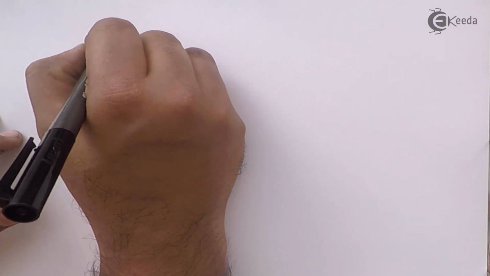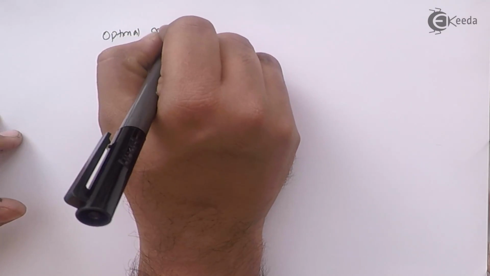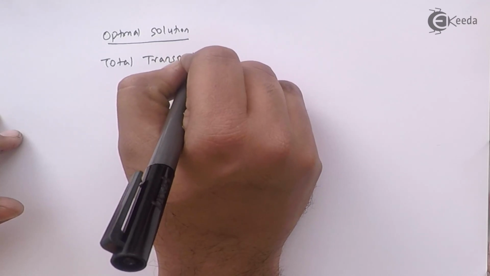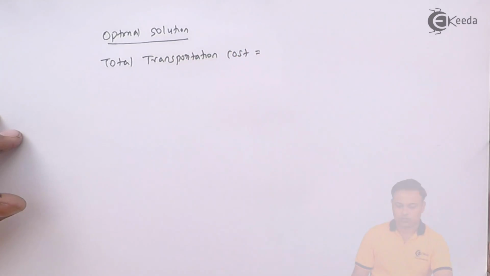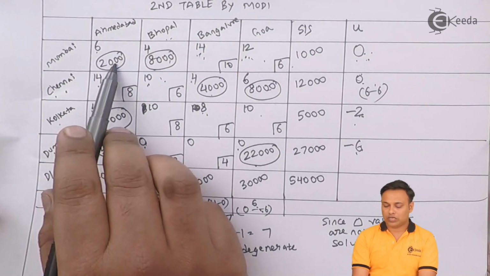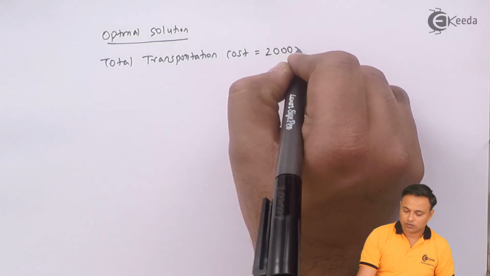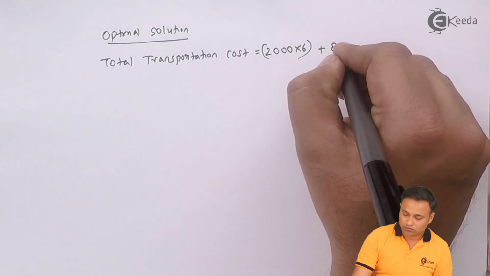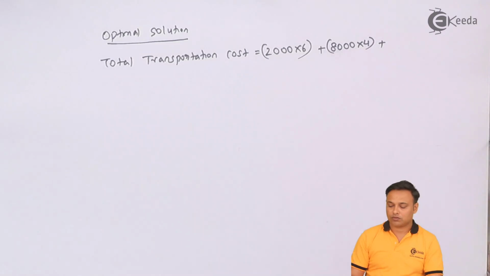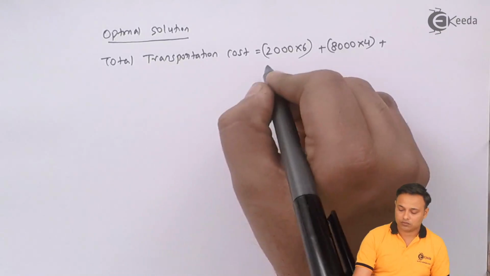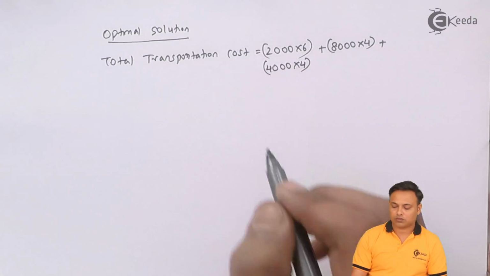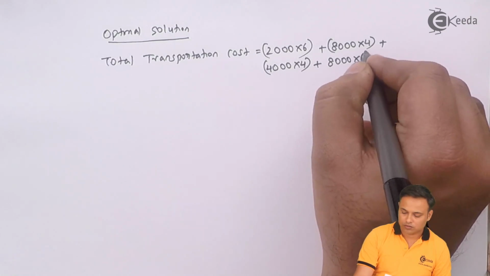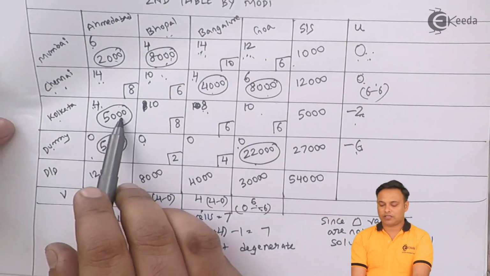So my optimal solution, my total transportation cost shall be equal to 2000 into 6 plus 8000 into 4 plus 4000 into 4, 8000 into 6, plus 5000 into 4